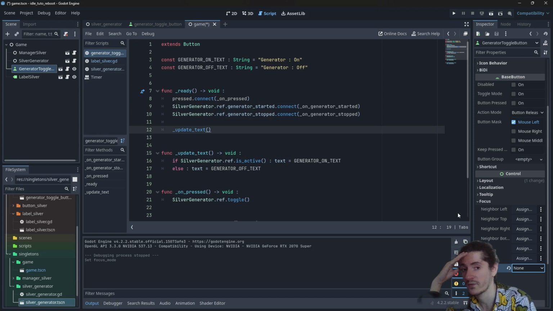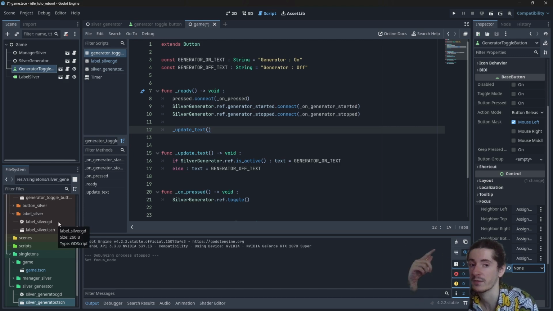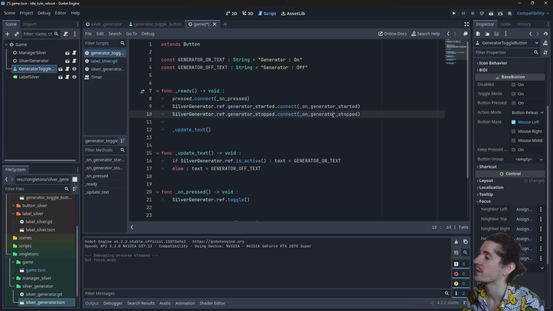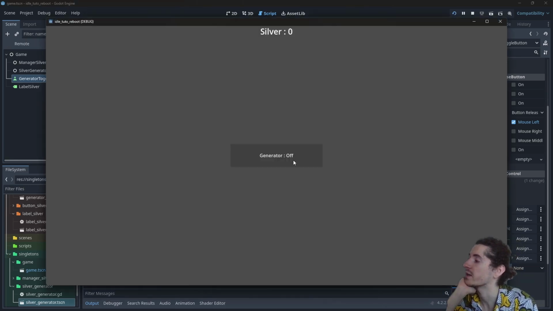So if those are features that you need, but you don't want the white border, which is a very rare situation, but it exists, you can always create a different theme in Godot, which is theme editing. But yes, that's something you can do if you want. I'm not going to talk about theme editing in this video, but maybe later. Probably not in this series, but if you guys need it, just ask for it. I have a few answers for that. So anyway, we can now save and go back to the game, and yes, the generator is on and it's